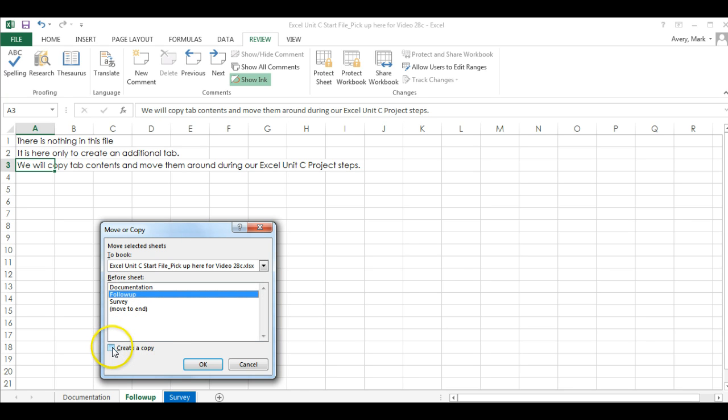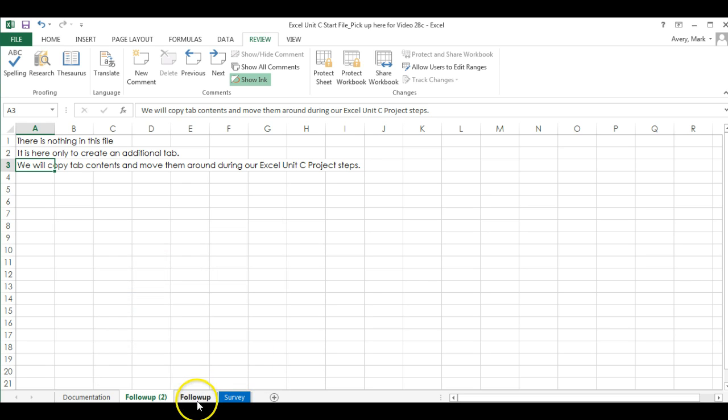I left click down here where it says create a copy, and I click OK. And notice it created a second copy of everything. Look, all this data is here. If I click on the original follow-up, all that data is still there. Okay. You will create a copy of a current worksheet